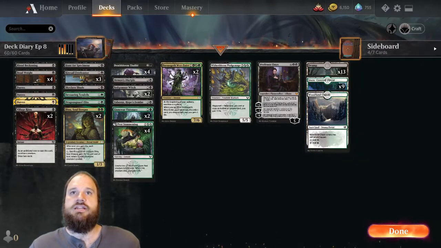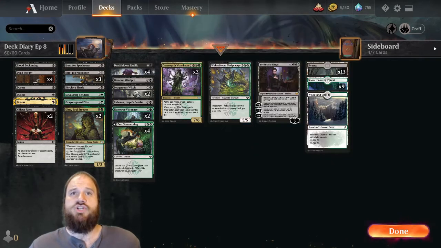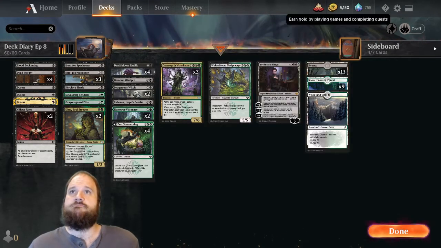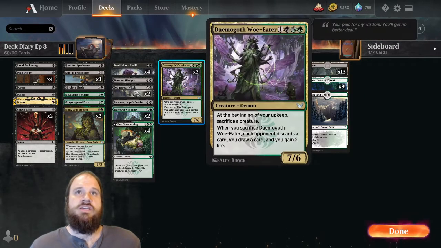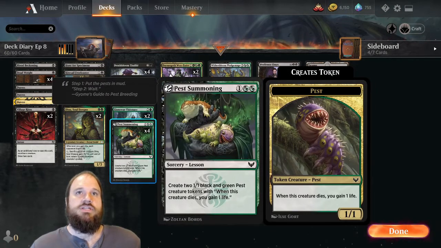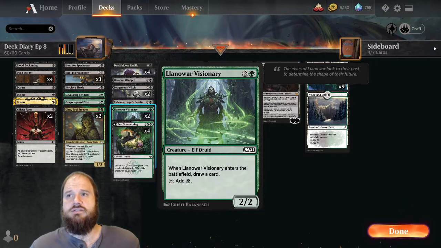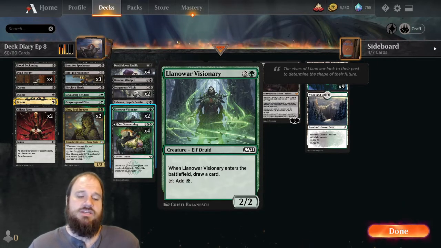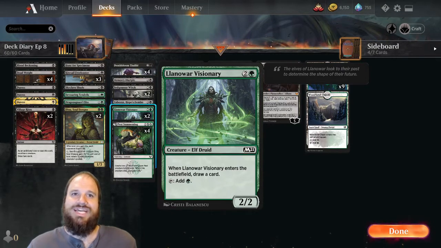I did not change the mana base, did not drop Onyx. This guy, Witherbloom Pledge Mage, I am a big fan of him. I might craft, I'm down to 2 commons, I might craft for another one of him. The Damogoth Woe Eater, card draw, that's still really good, but we're up to a playset of summonings. We swapped in Llanowar Visionaries in place of the Foretell dog that does the same thing. It's still technically a 2-drop twice, but this is a little bit more mana efficient and gives us more options